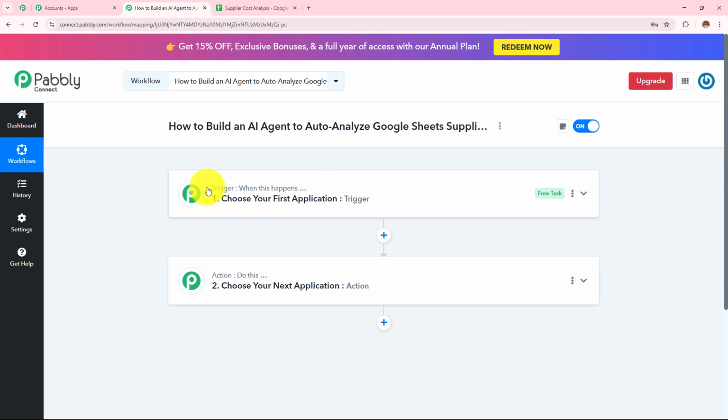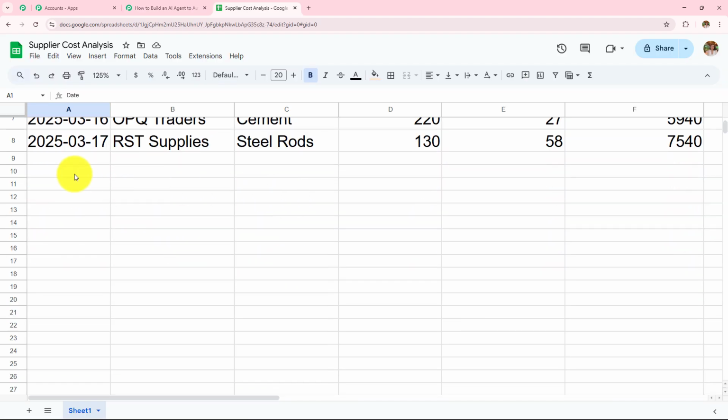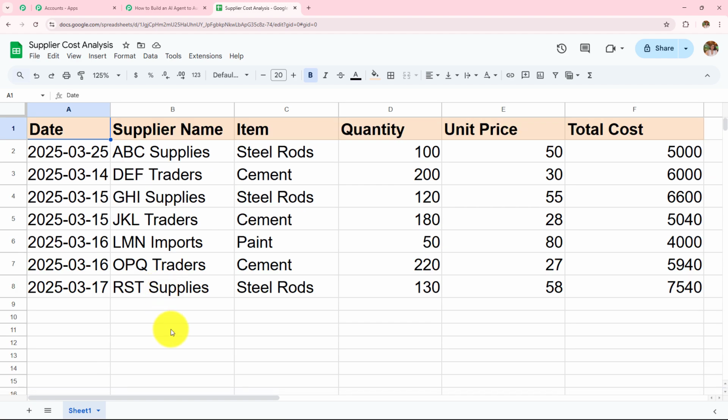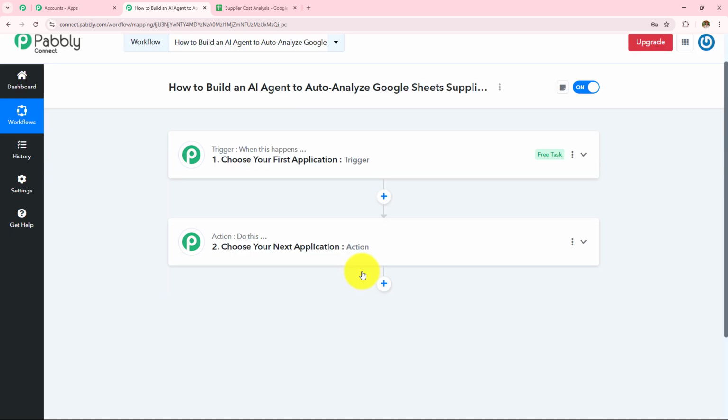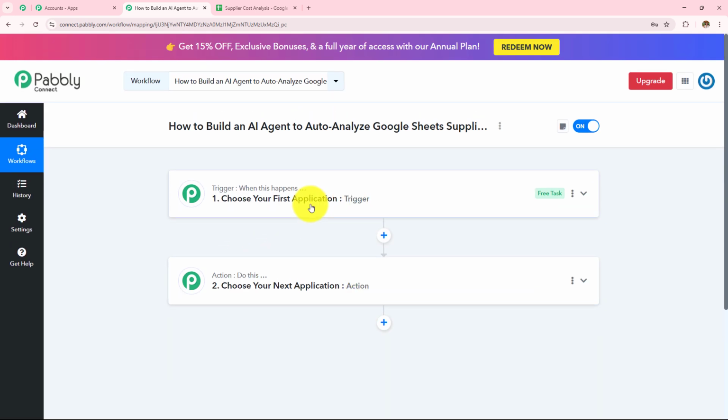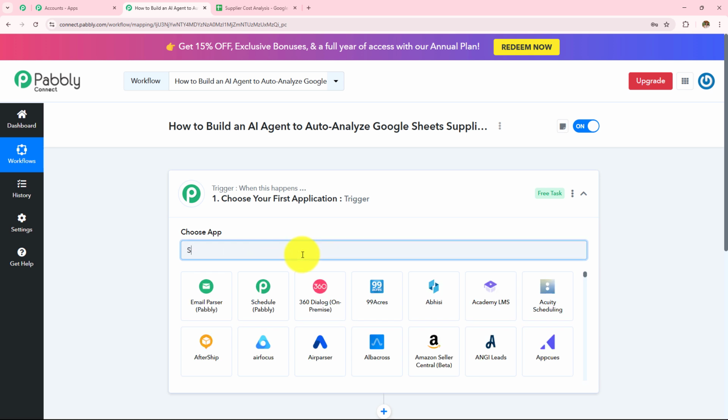So for that, I'm going to first select my trigger as scheduler, a feature by Pabbly, with the help of which I'm going to schedule this workflow. As I'm going to run this on a weekly basis, I'm going to schedule this on the weekly basis. And then after 7 days, the data will be added in this Google Sheets, and that complete data will be analyzed with the help of the AI agent, OpenAI, and then it will be sent to the person on Gmail. So here in my trigger application, first I'm going to take Schedule by Pabbly.